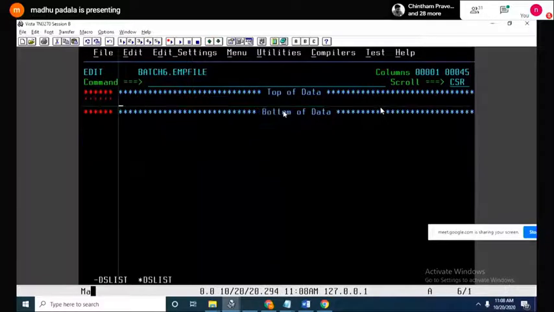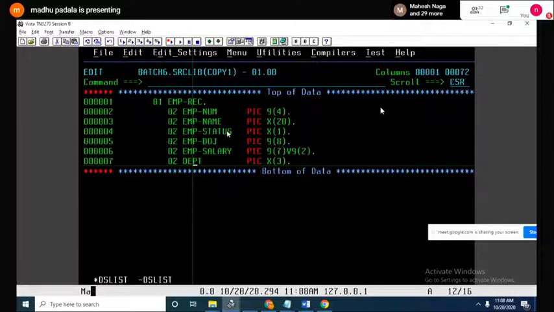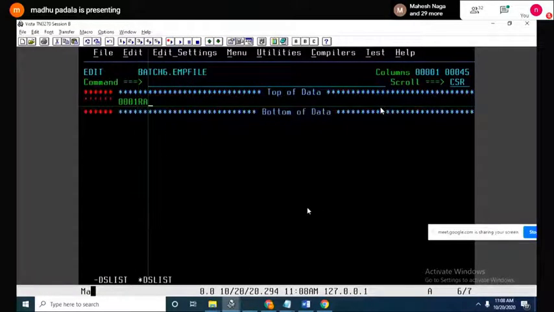Now, if you want to edit the data, for example, if I want to give employee number 1, I cannot give 1 here. If I give 1, it takes 1 space, which is not allowed. That's why we have to give 0001, leading zeros. Employee name, for example, Ramesh. But what is the length of the name? 20, sir.